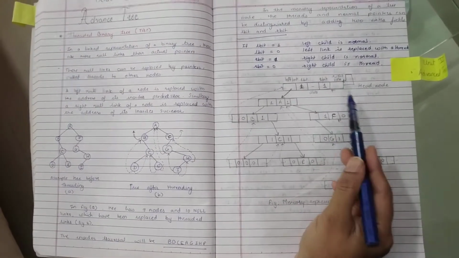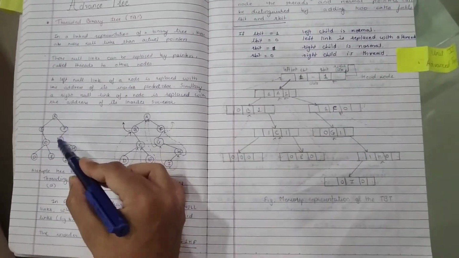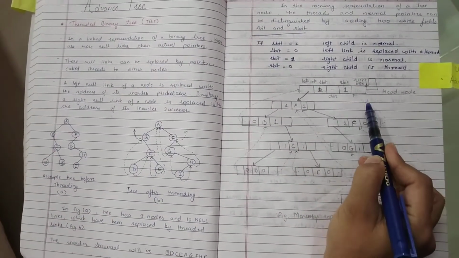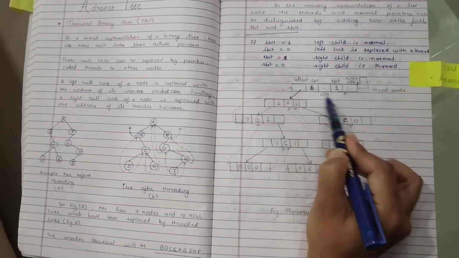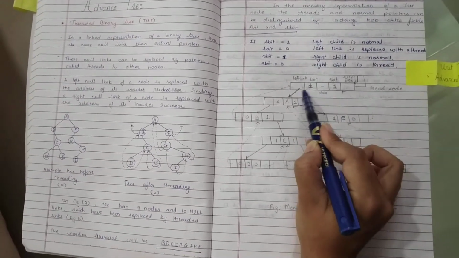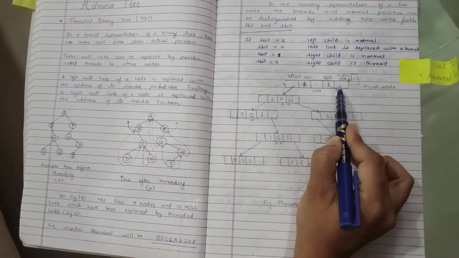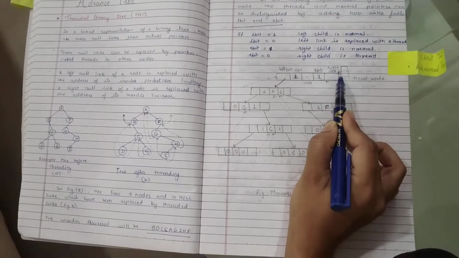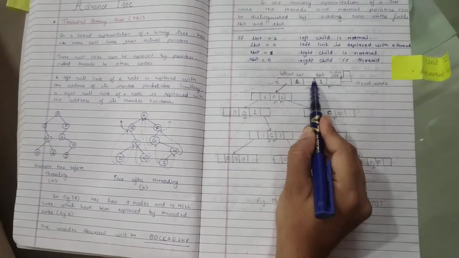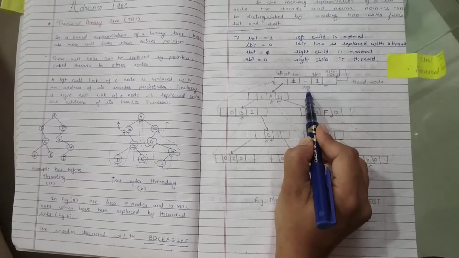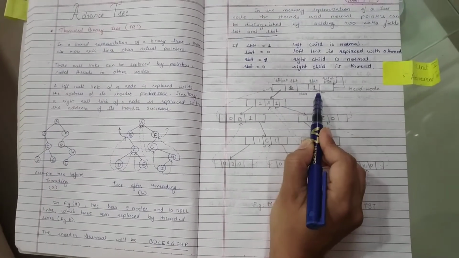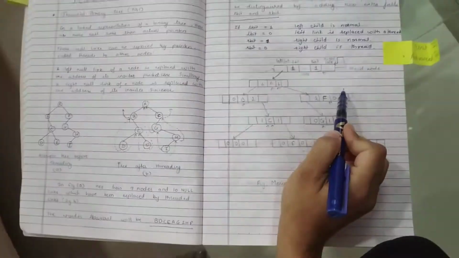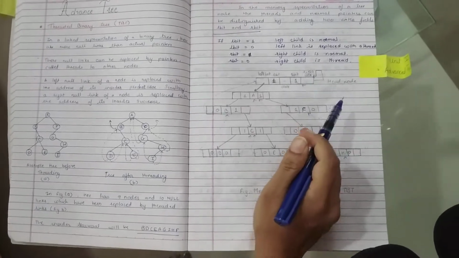Now we will see the thread representation of the given diagram. For that purpose we need to use a head node, which is represented by 5 different columns. The first column is used for the left link and the last is used for the right link, then L bit and R bit, and the middle field is used to store the data. L bit and R bit equal to 1 means that the head node has a normal left child and a normal right child.